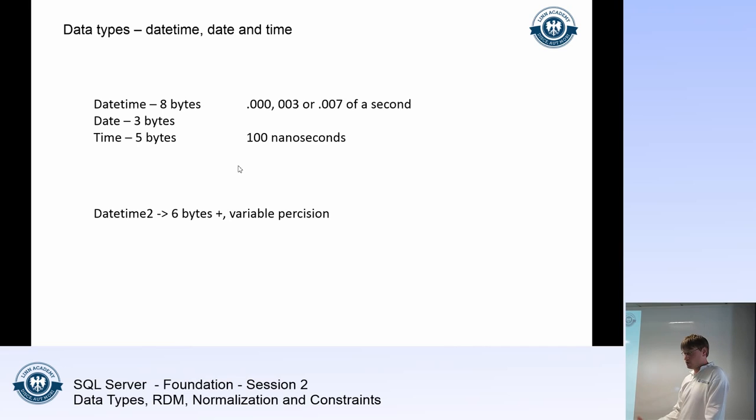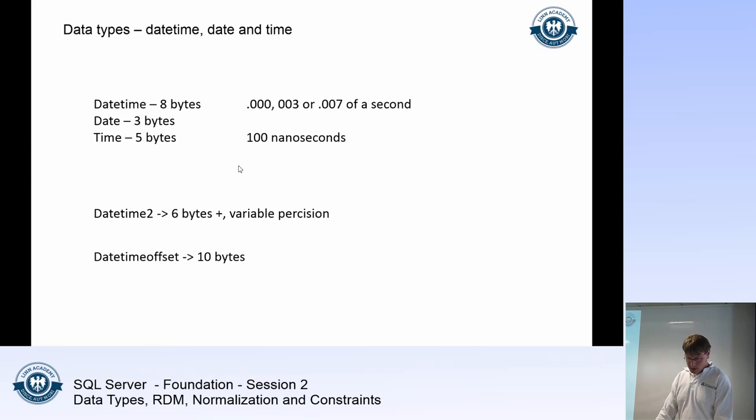For example, we don't use datetime2 because of SQL. Actually, we can use datetime2, but there's no point because we don't need that much precision out of the data type itself. The only benefit there is that if you specify that you want to use lower precision, it takes a little bit less space in the database, which is good if you index by datetime. But